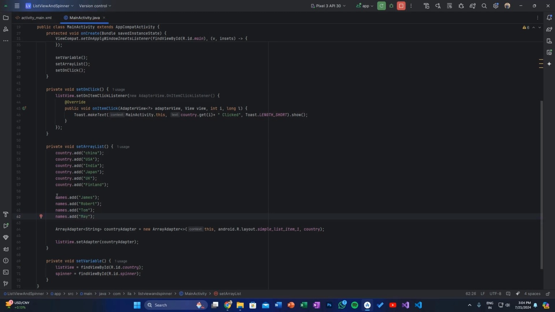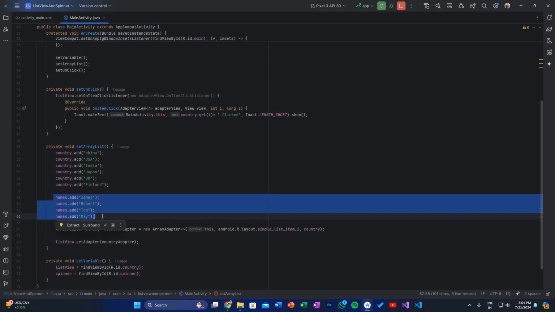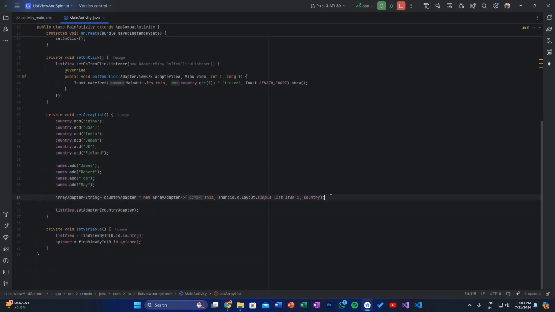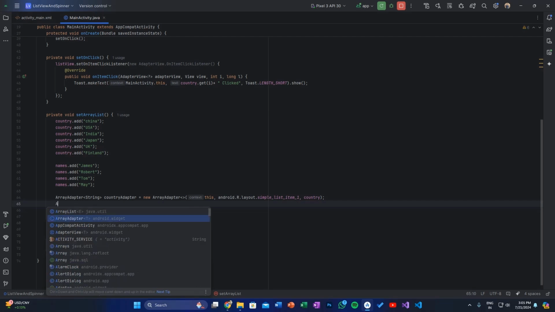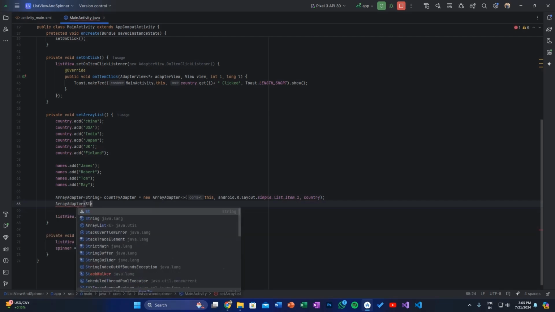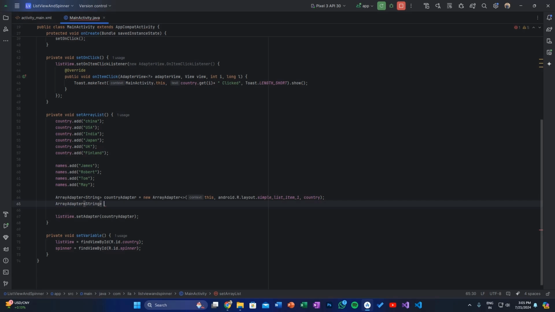Now I have added some four names to this array list, and I'm going to set an adapter. So here I'm going to say array adapter string dot name adapter equal to new array adapter,